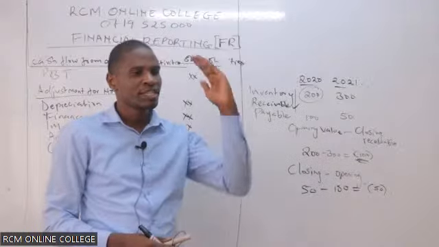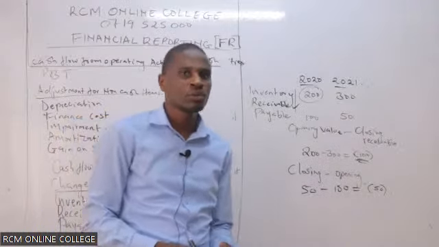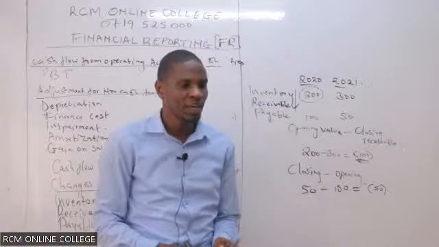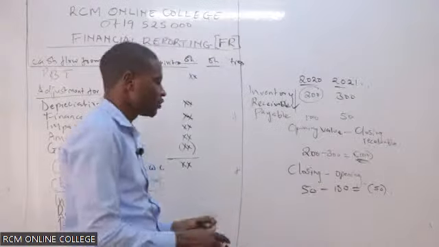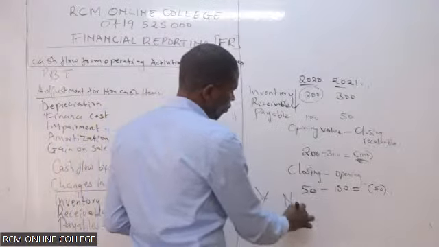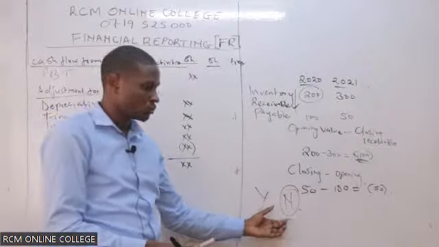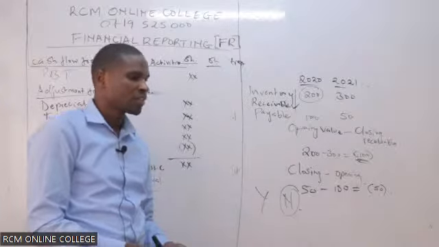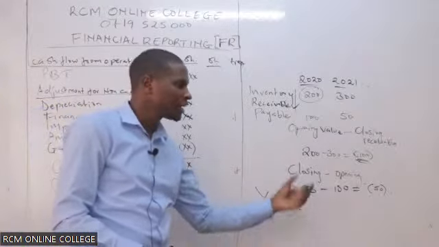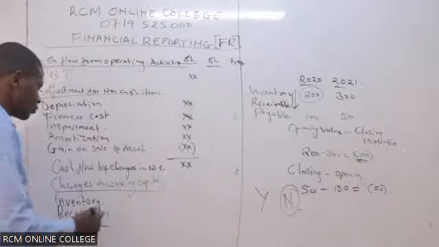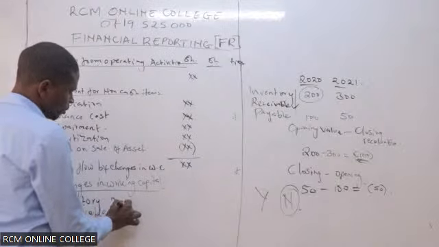Are you getting? Please confirm whether we are together up to that point. Are we together? You can say that using Y for yes and N for no. If you say N for no, we shall clarify where you have not understood. Y for yes, that means we are together. So are we together, really? Those are free marks. You cannot afford to miss this.